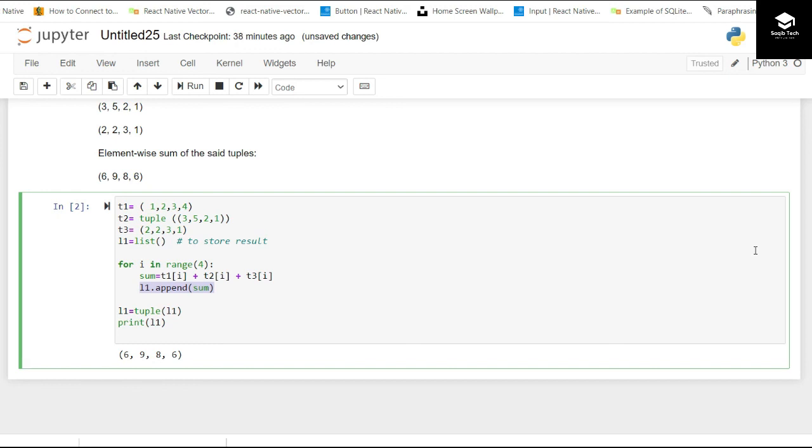I hope you have got some idea and you need to practice it yourself. So tuple is also done. All the data structures are done. In the next lecture we will be learning new things like file handling and exception handling, and then we will go deeper in our journey to learn Python and of course machine learning, artificial intelligence.